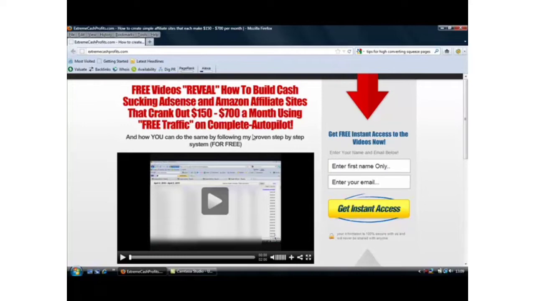There's no need. Just fit it into your squeeze page naturally, but try to obviously include it at least 3 to 4 times. So this will definitely improve your conversions, because obviously people like anything that's free. The next thing is